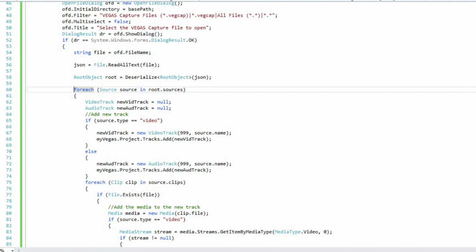To go through the list, we're going to have to go for each variable of type source, named source, in root.sources. Then I created a couple of dummy variables, one called new vid track, which I set equal to null, and one called new audio track, which I also set to null. The first one is a video track type, the second one is an audio track type. I set one for each because I don't know which type of source this is yet. So now I'm going to add the new track